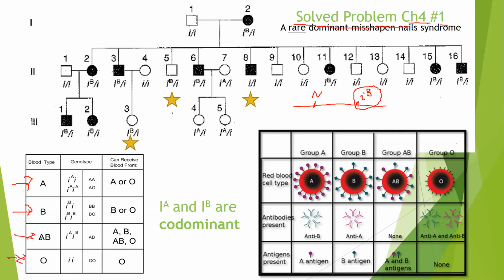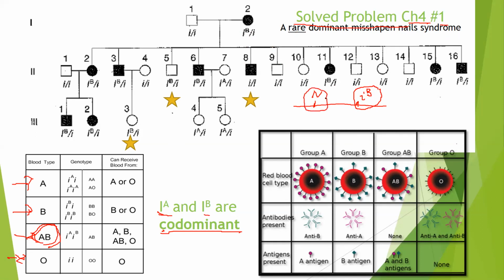So if this is the case, we should know this allele and this allele are co-dominant, because when the heterozygous individual carries both alleles, you're going to see both phenotypes, right? So that's co-dominant, right? And in this special disease called dominant misshapen nails syndrome, in this family, it happens that this disease